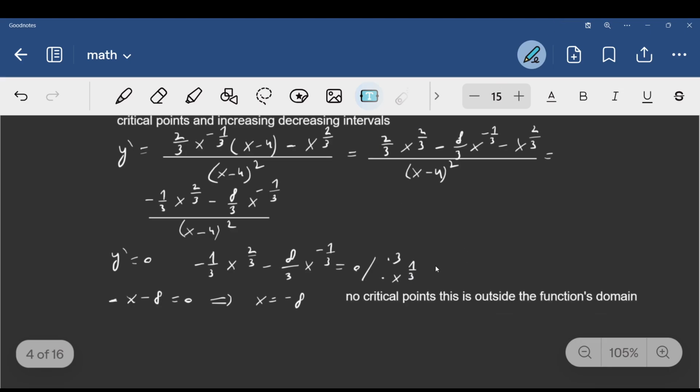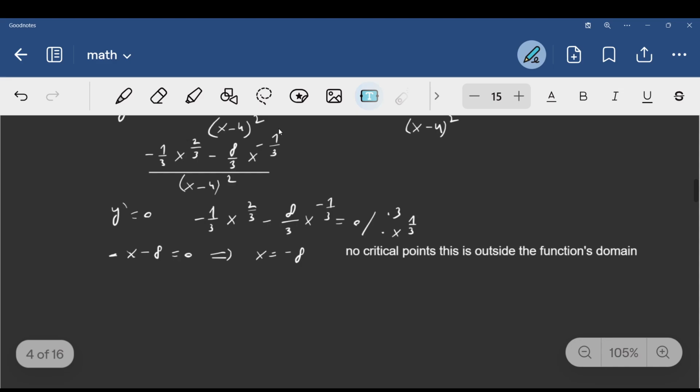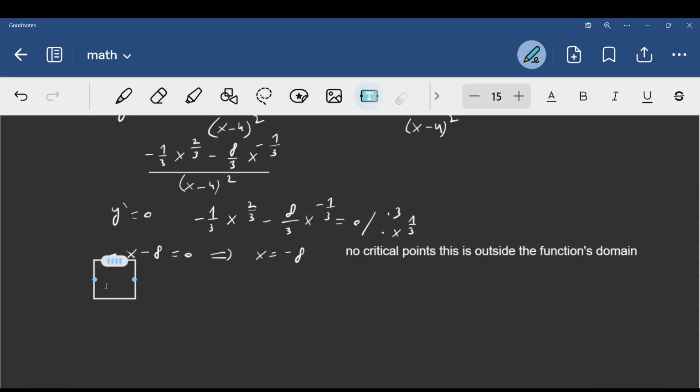Okay, but let's look at the sign of this derivative, y prime, because it will tell us if the function is increasing or decreasing. So at what intervals? The denominator of y prime is always positive, okay, or 0, but basically it's positive except for where it's not defined. Denominator, and the numerator